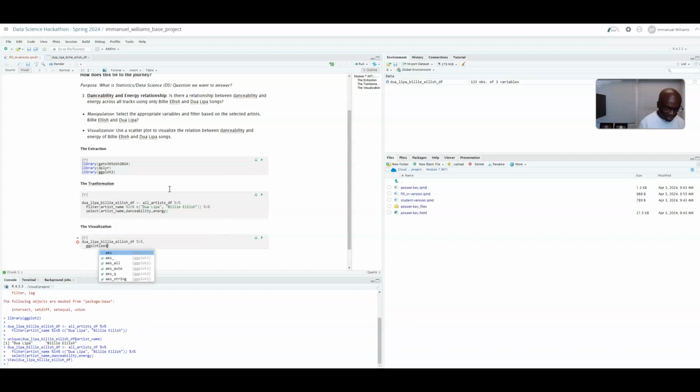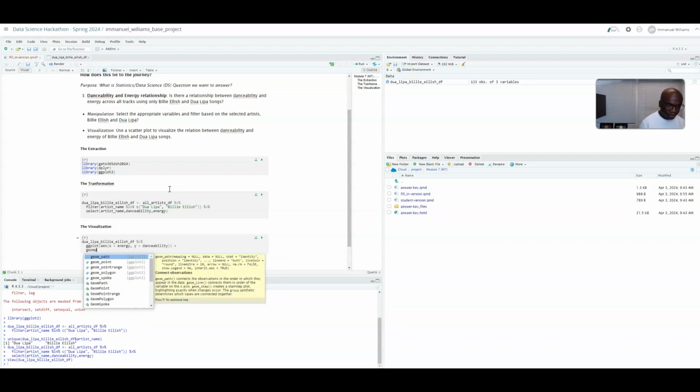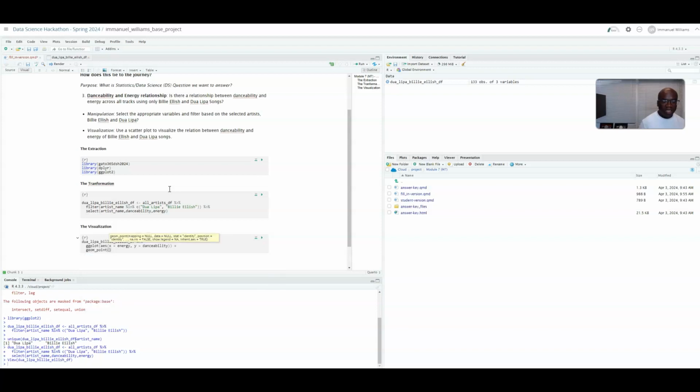The aes function for aesthetics, and say x is equal to energy. Let's say energy is causing the danceability, I guess. Energy is how you spell it. Comma, y is equal to danceability. Plus, because we're adding layers, geom_point. This is going to be very, very boring looking, but